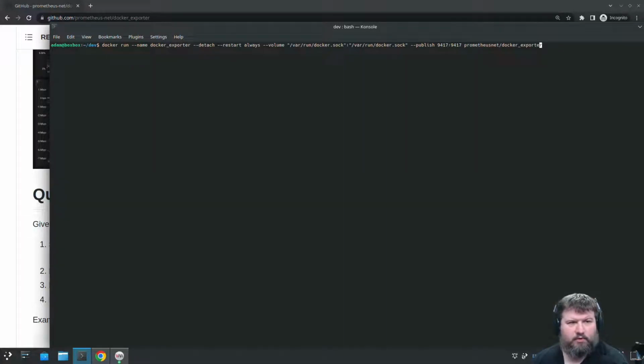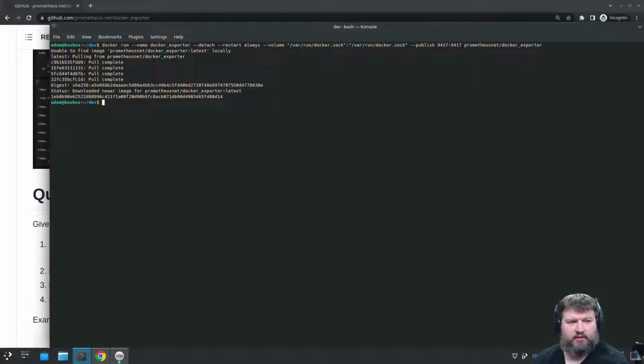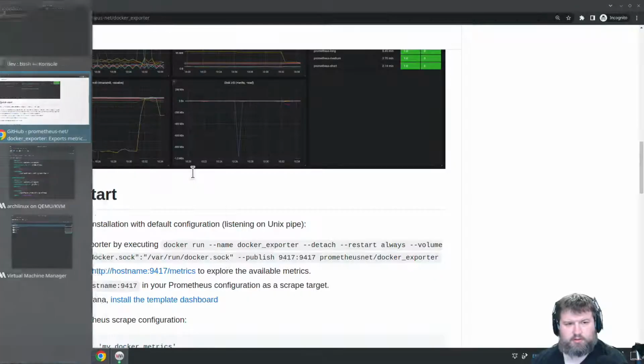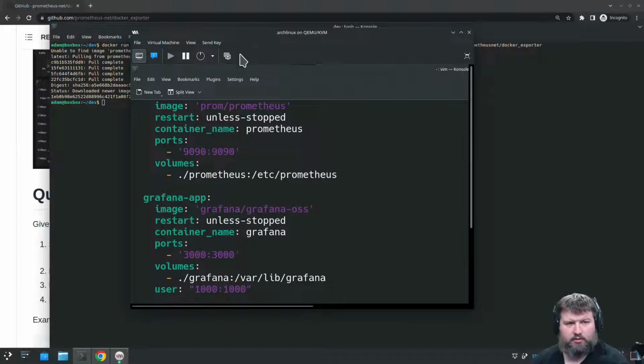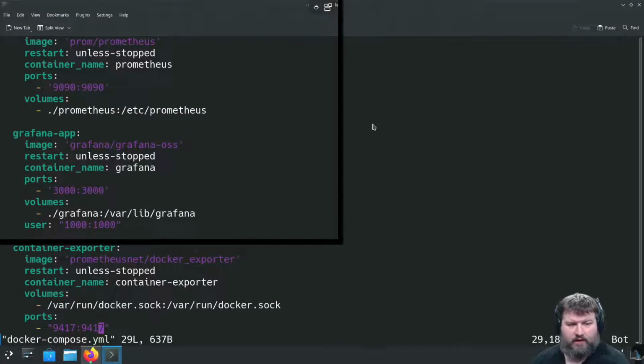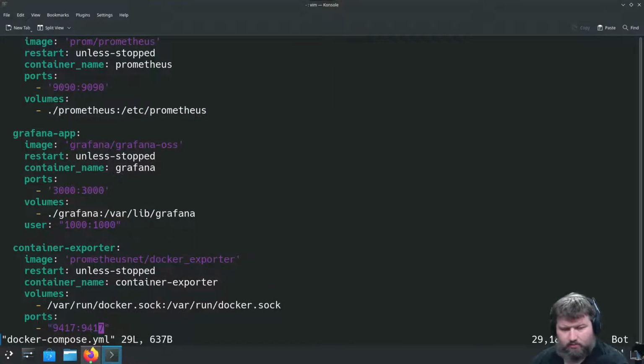Docker exporter, yeah. We're gonna pull the image down, have it run. All right, so this will be 218 is the IP address of that machine. So now that we have that in place, we can